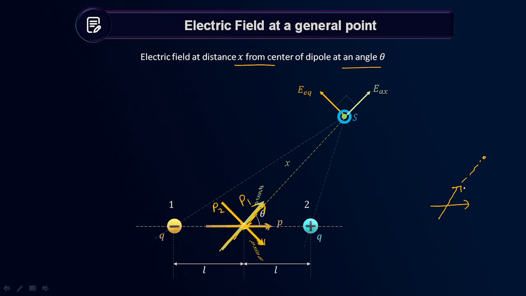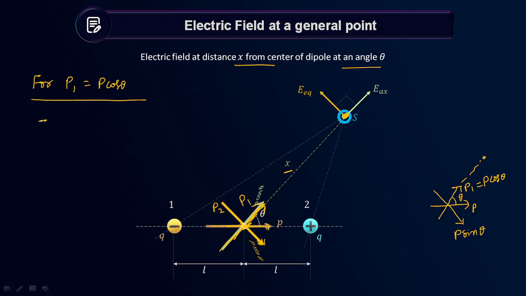So for P1, this point is an axial point, right? And we can break one more. This dipole was P and this angle was theta. So can I say P1 will be equal to P cos theta and P2 will be equal to P sin theta? Yes or no? Now forget everything. Now we have two dipoles and we want to find the electric field at this point, right? So for P1, which is equal to P cos theta, this point is an axial point, separation is x.